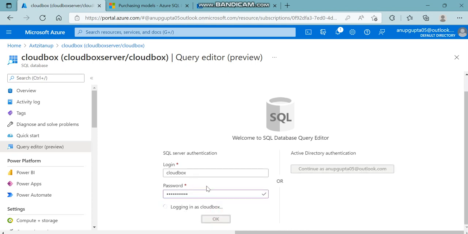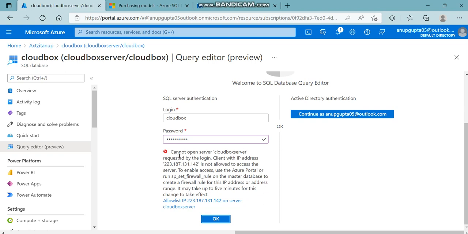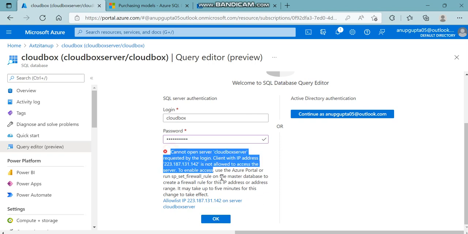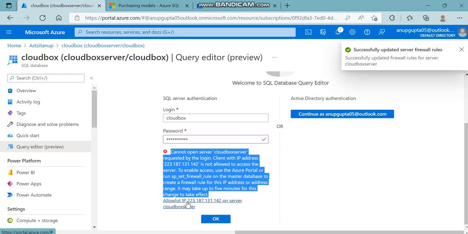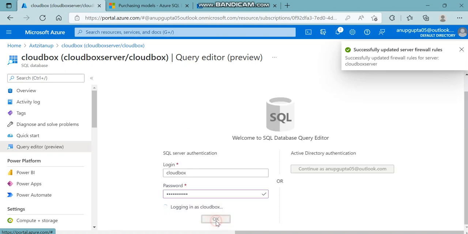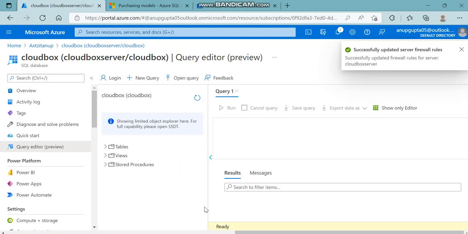It will fail because there's some IP configuration. It will say it cannot open. So this is the very first thing. Every time I give my password, it will throw an error. So we need to add this IP to the firewall on the server. So once you click it, just click on login. Okay, you will see